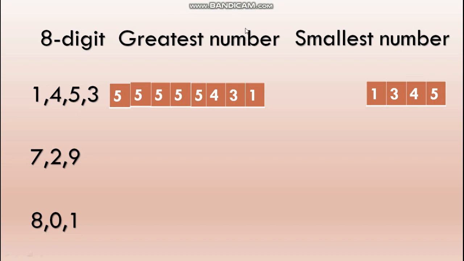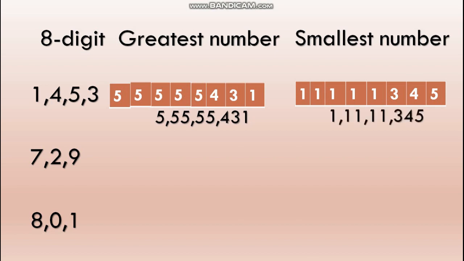To make the smallest number, as you can see, first arrange the given numbers in ascending order. 4 digits are there, so we need to write 4 more digits. We will see the smallest number and write it 4 times. 1, 2, 3 and 4. So our new number will be this.